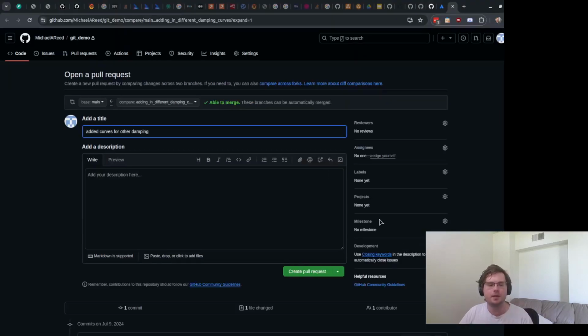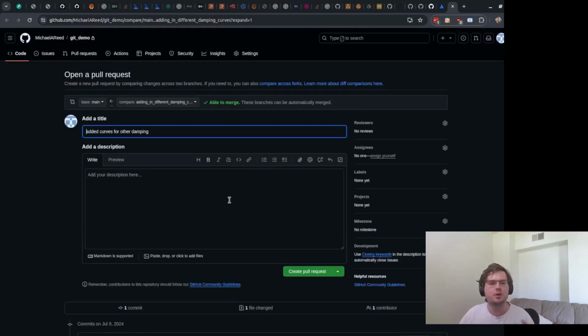So if I create pull request, it's going to open GitHub, because a pull request is something that only exists on GitHub. It's not something that actually exists in the Git system itself outside of GitHub. Don't really worry too much about what that means. If you're going to be using GitHub, you can kind of consider them as one and the same. But if you start doing some advanced stuff, it maybe is sometimes important to realize that they're different things.